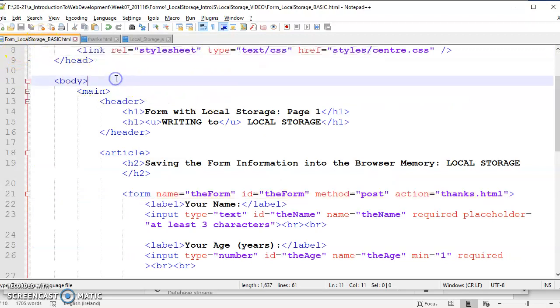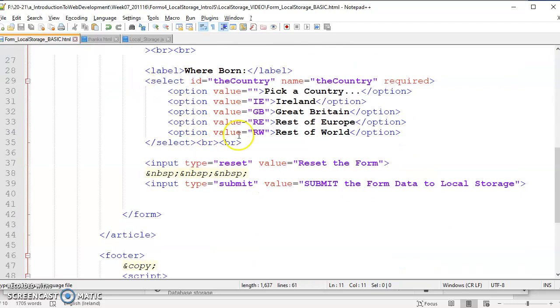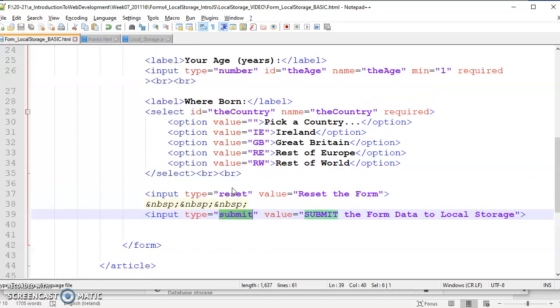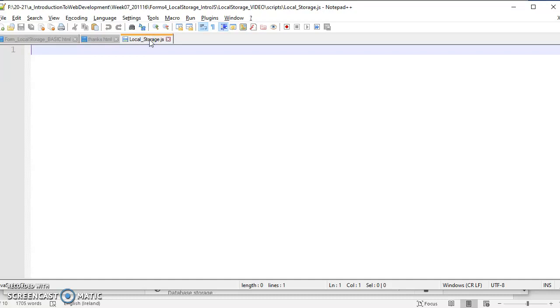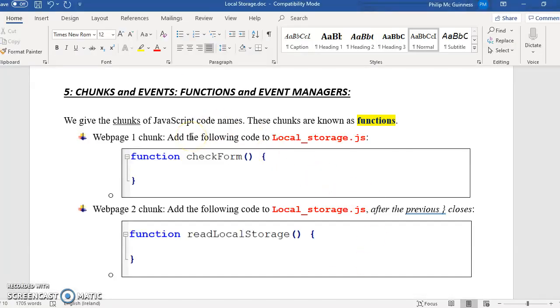Okay, here is our HTML, and essentially when I click the submit button, we want to run our first chunk of JavaScript. Okay, and we've got to do two things with that. We've got to write the code, and we're going to store that into our local storage.js file in the script subfolder. Okay, it's empty at the moment, so we've got to give this a name, and let's follow what we have in here. Okay, we're going to call this function check form,